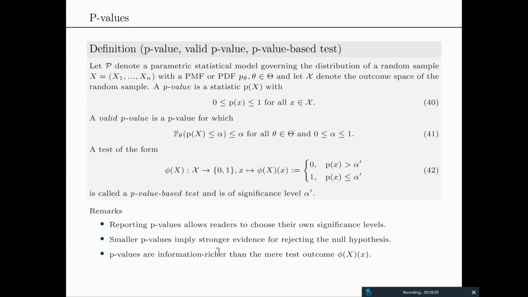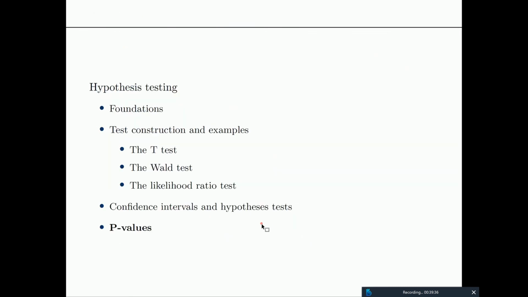Now, of course, when you evaluate a t-value, for example,